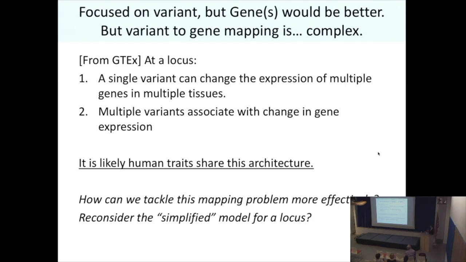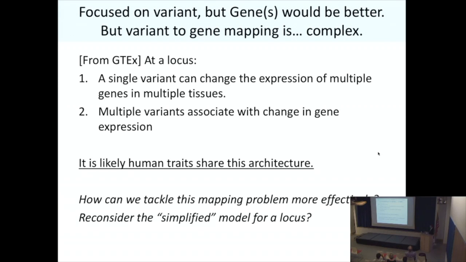So that to me makes me think hard about what that means for traits that aren't gene expression traits, but human phenotypes. I don't think it's unreasonable to suggest that type 2 diabetes or heart disease or height or schizophrenia is going to be radically different from this really basic model. So it's probably the case that many of these sites are really, really complicated. So if that's really true, I think we should think hard about how we tackle this mapping problem